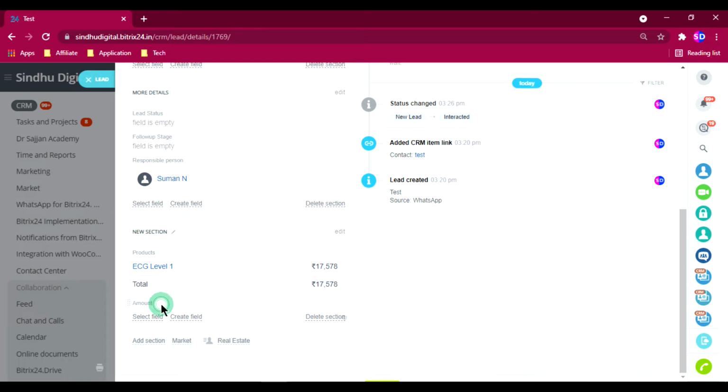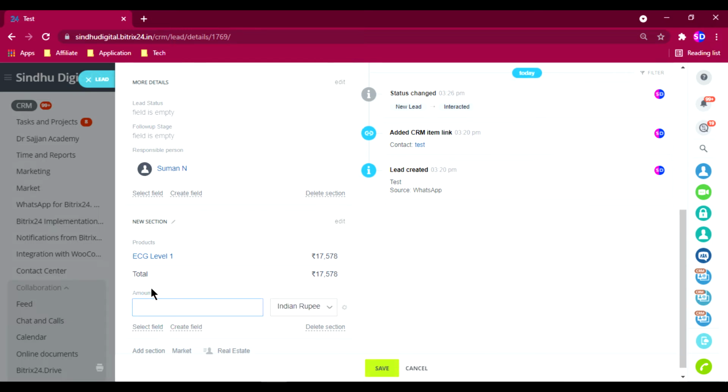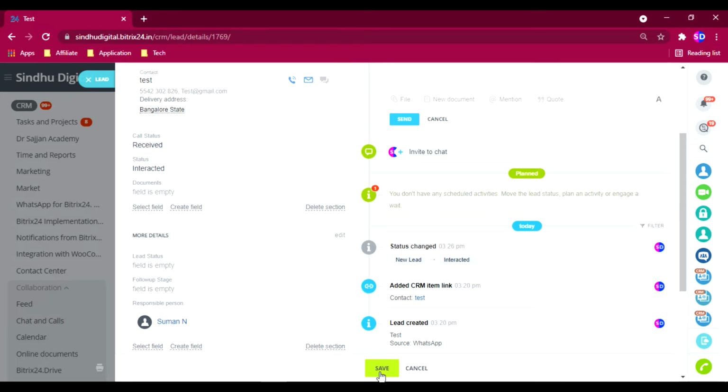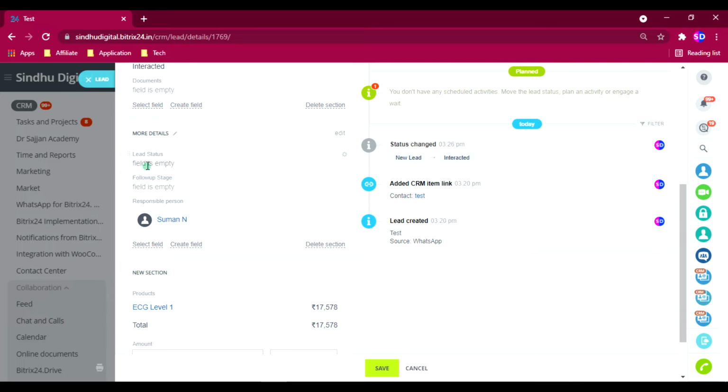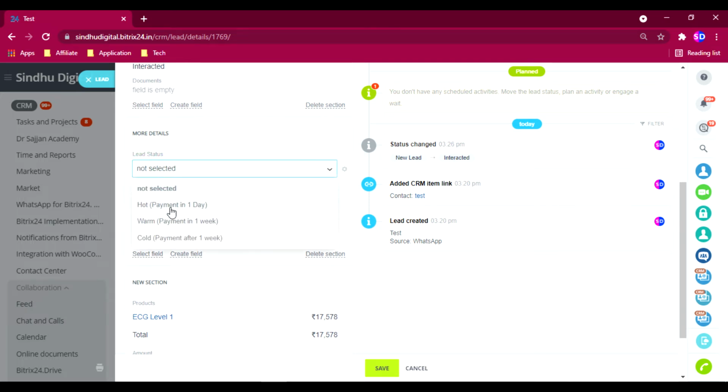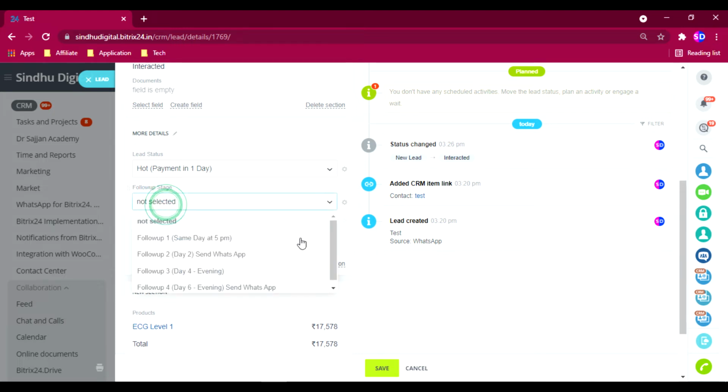Okay, and you can mark the actual price of the product, 799 is the actual price, so you can mention it. And also you can change the currency names. If it's UAE dirham, you can put that. If it's US dollars, you can put that also. Okay, I'll put it as Indian. After that, I'll change the status also. At least yeah, it has already bought the product.